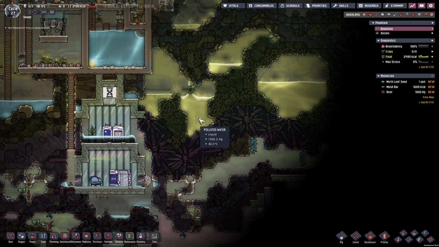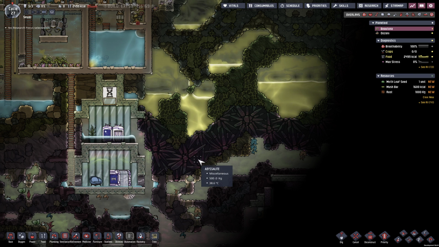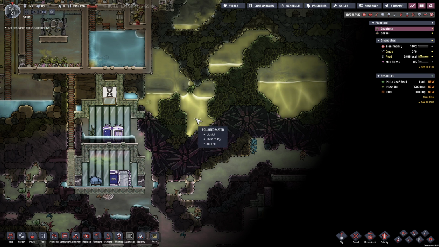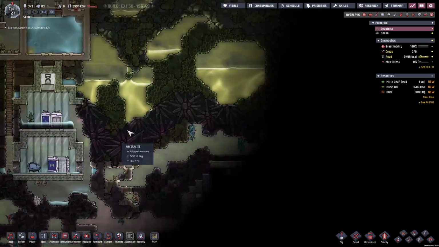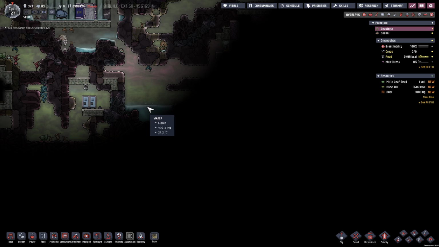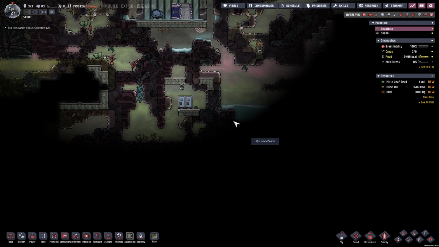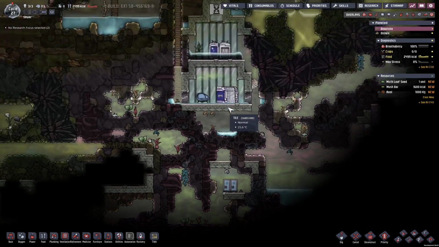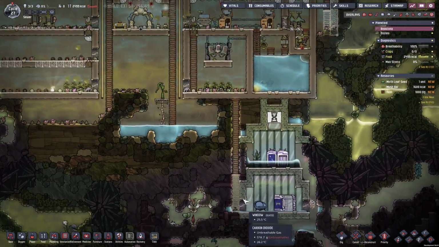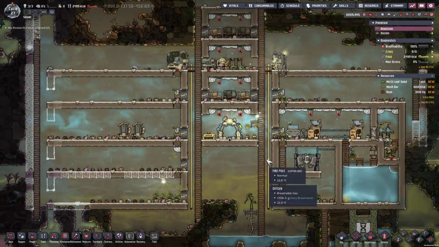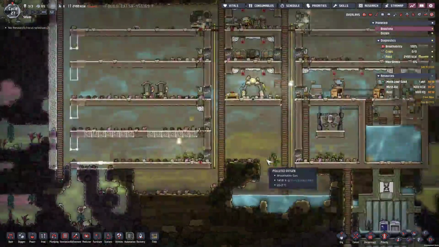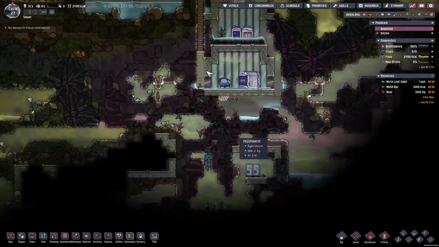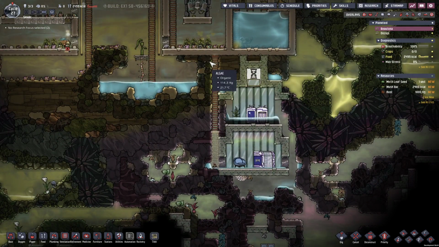Maybe I could yoink this down here by digging through the abyssalite, because that's an access point that I can reach without touching any slime. It's just kind of a small pocket of water, though. We've got this, actually. Ooh, this is clean water. Ooh, I didn't even see that. We might have to go on a journey down there. Alright, I'll do that in the near future, I think. I kind of blocked off my access point to it, though, for the sake of renovation. But